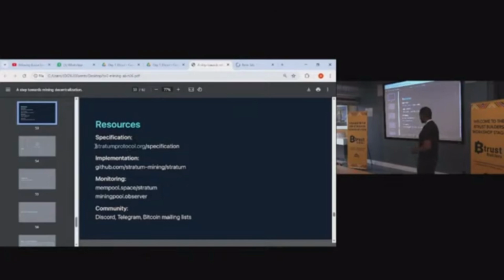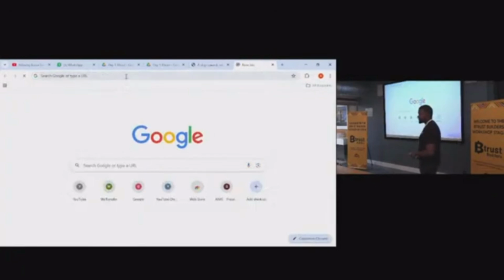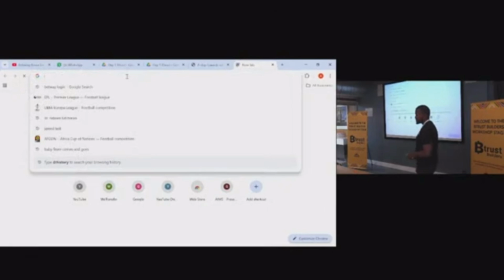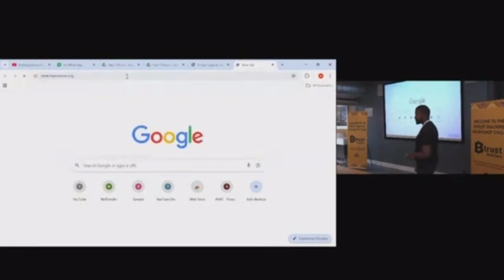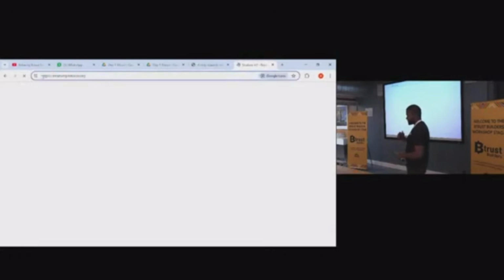I think you can try out Braiins, which already has SV2 in it, so you can try them out. Like cloud mining? No, this one you can run on your own server. So you point your miners to the